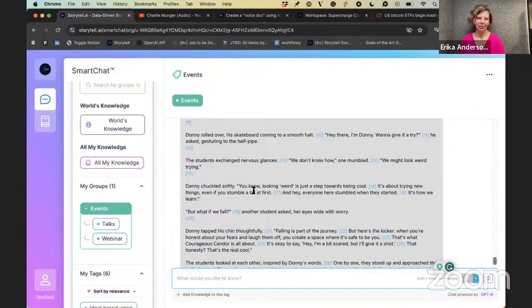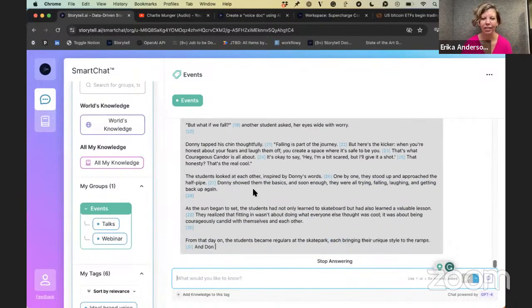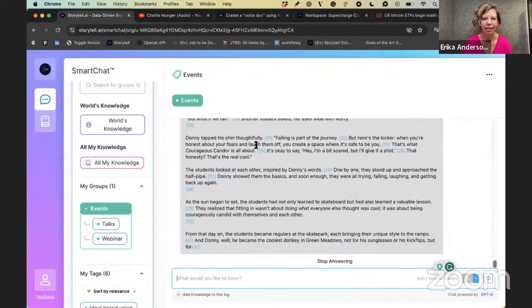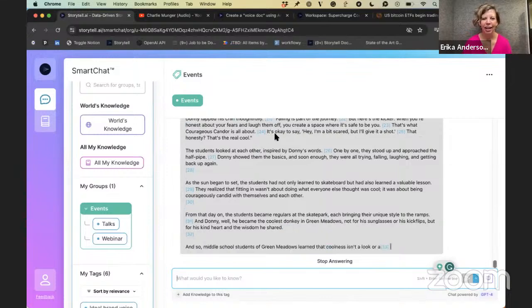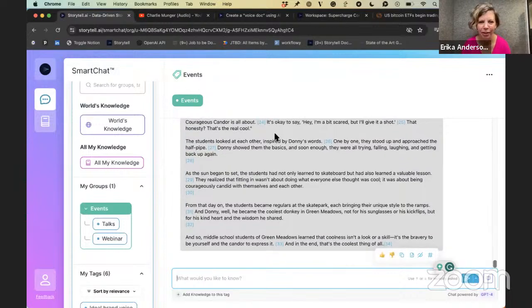Okay, this is awesome. So we're just skating and learning about falling being part of the journey, and how it's okay to be real about what you're scared of. So becoming the coolest donkey in Green Meadows for his kind heart and his wisdom.